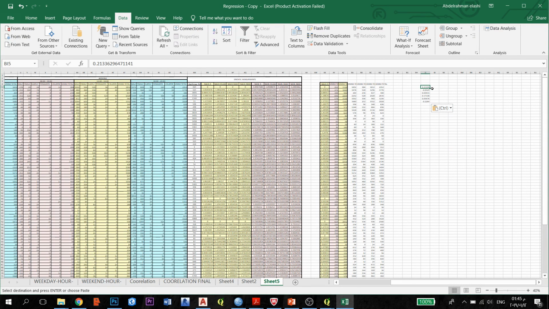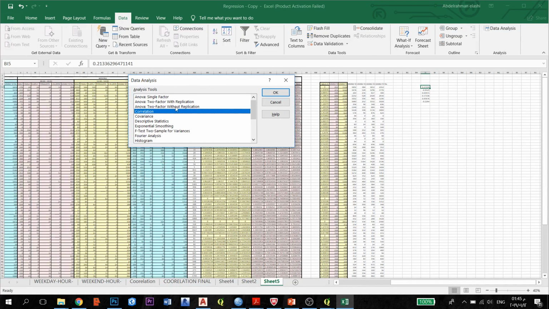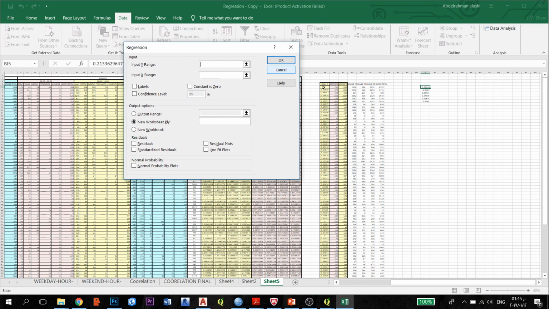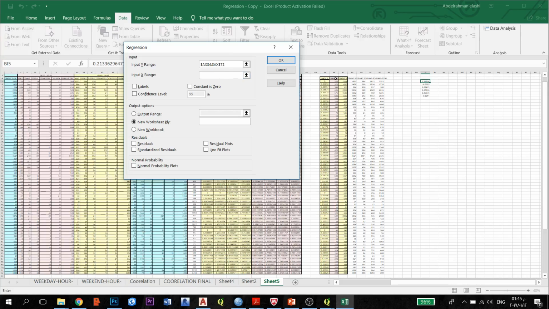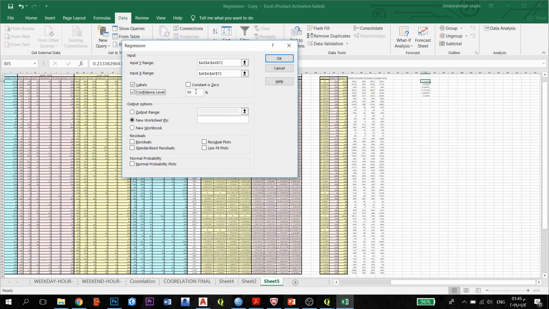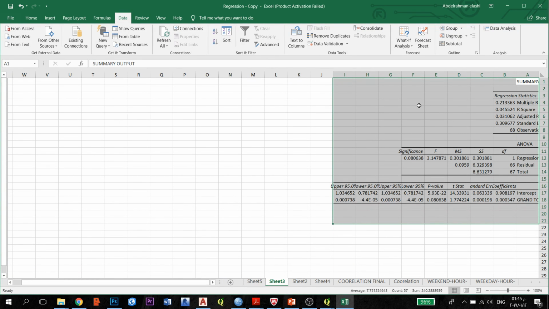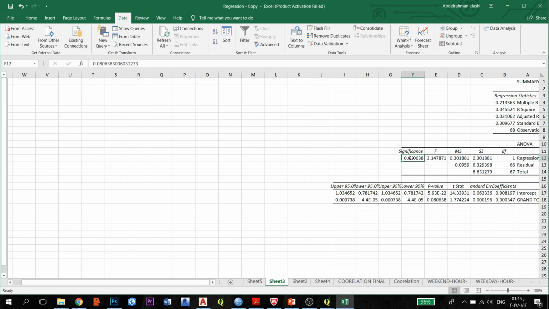To test this correlation, if they are good or not, you have to go to data analysis again, regression. Okay, so you choose the first row, for example this one, and you choose the second row, this one, and labels and confidence interval. You can choose 95 or 90, whatever, and then you click OK. So from this table you will see significance. This is the important number. This number, if it is